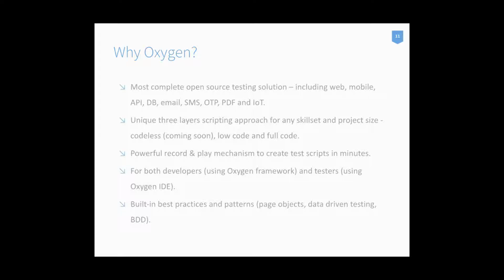It suits both developers and testers, and this is a great point to explain, because in many organizations, testers and developers work side by side. And ideally we want to choose something that works for both testers and developers and doesn't need a separate tool set. So definitely Oxygen can suit both